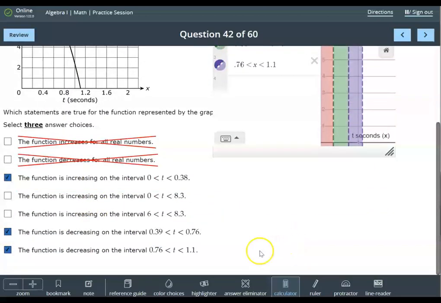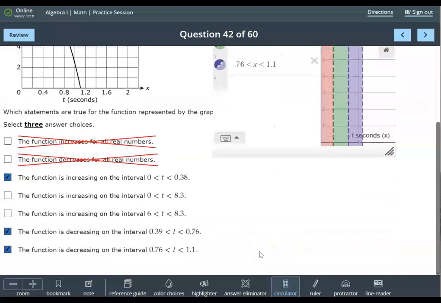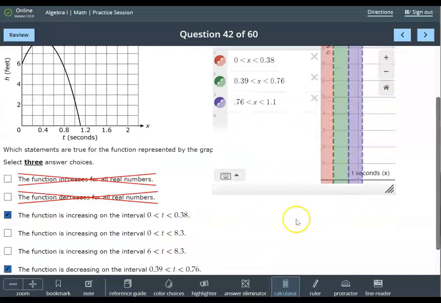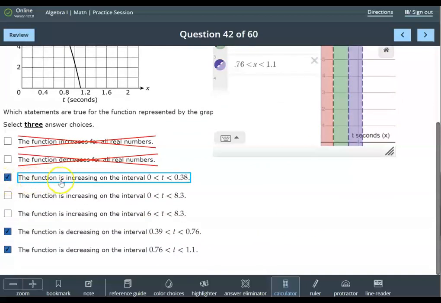These are very challenging items. Not many kids get these right. I'm just going to let you know, I seriously doubt one will show up on the official test that does not also include the equation. That will make it easier for them to tell because they'll be able to see their shaded regions right on top of the graph. But in this case, the only ones that worked, the 3 answers, were the function is